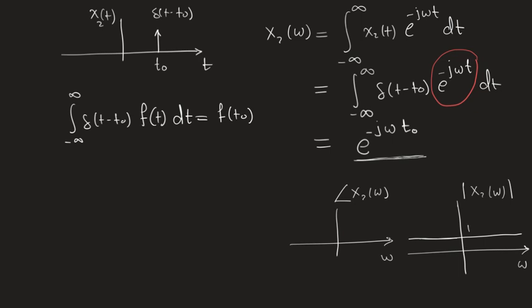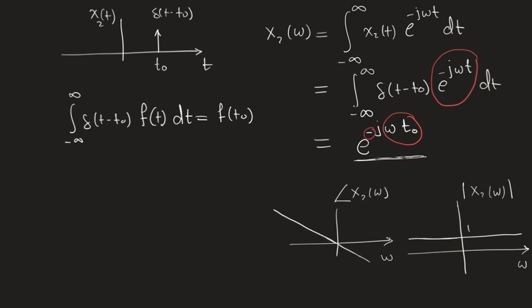And the phase term is, as a function of omega, well, how does this look? Where is your phase? This is the phase, right? This is the phase with the negative, okay? So it's negative t naught omega. As a function of omega, this is what? A straight line with slope equal to negative t naught, right? So it's simply a straight line